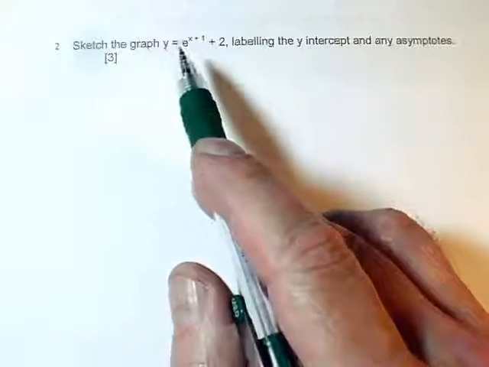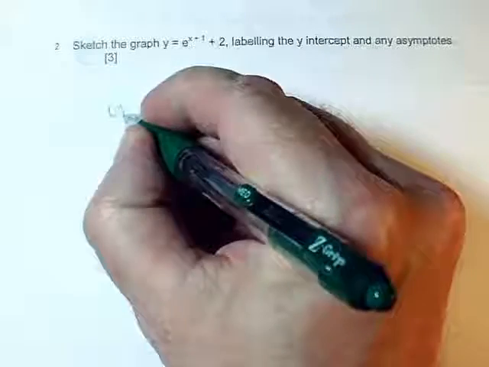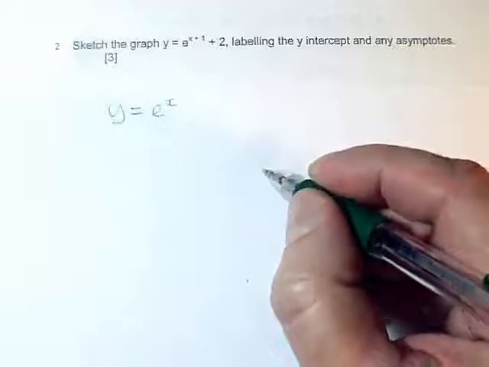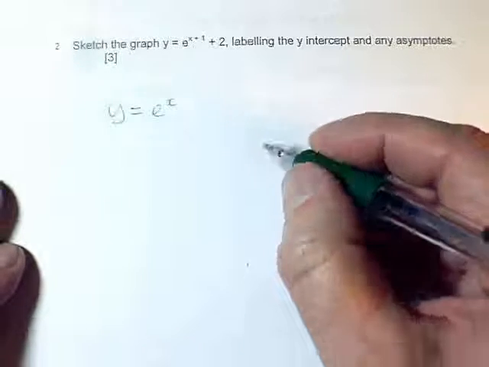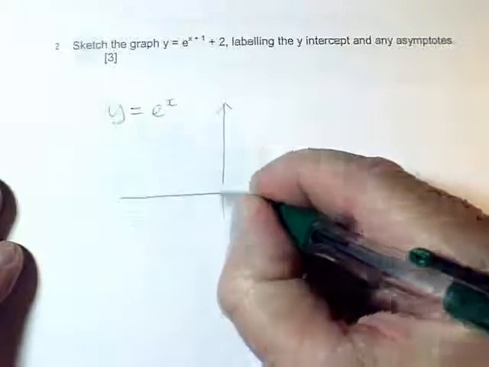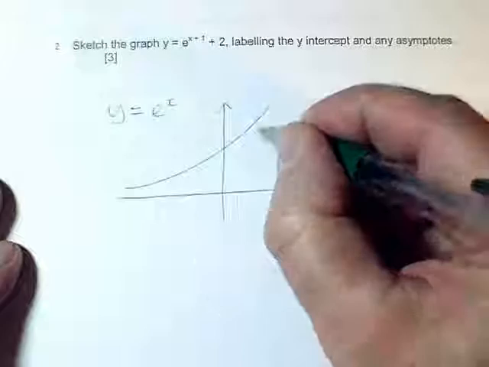Okay, this is a graph sketching. We've got y equals this function involving e's. So you need to start by remembering what the graph of y equals e to the x looks like. It's not very easy to help you with this without doing it for you. It's an exponential increasing graph, and it's got a y-intercept, which I'm not going to tell you what